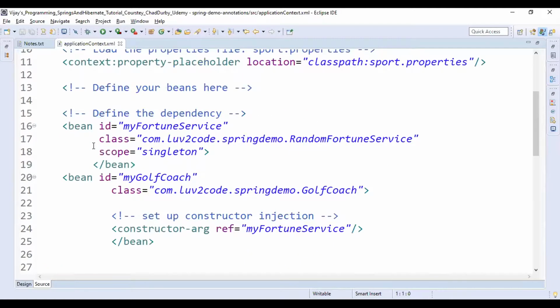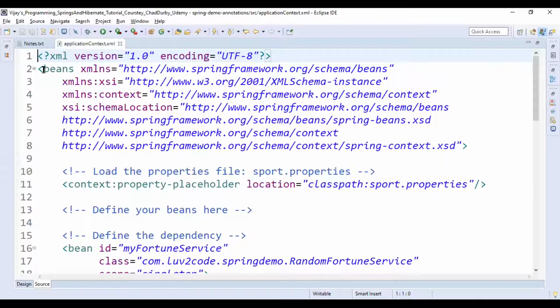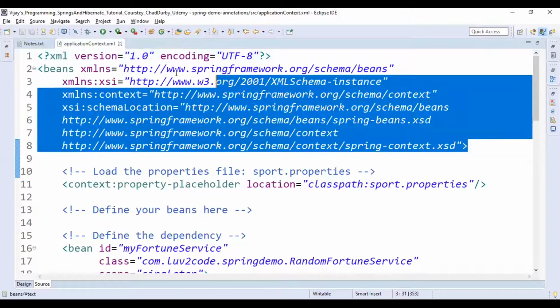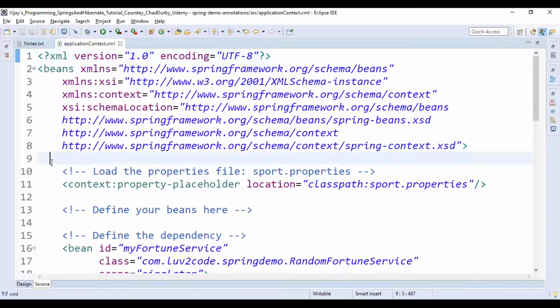We don't need this code in this project except these headers, and the closing tag, that is the closing beans tag. Except that code, I'm deleting all the code.